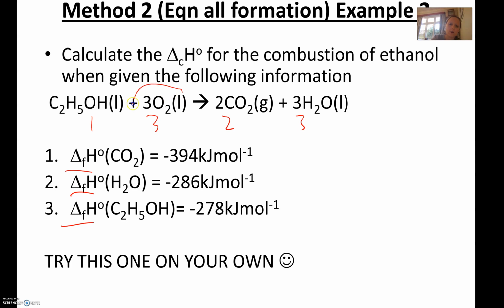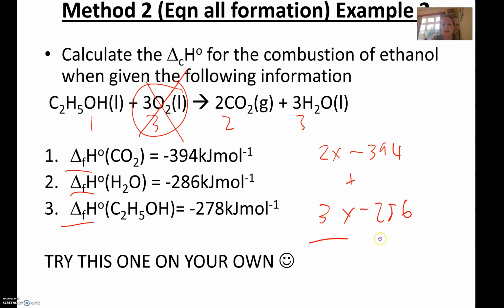This one also has an element in it, which we know is 0, so we just ignore it. So if we are adding up the sum of the products, we need to do 2 times the carbon dioxide, so 2 times negative 394, and add that to 3 times negative 286 and get our total. And there'll only be one reactant here because the oxygen's an element, which means that there's no formation data,